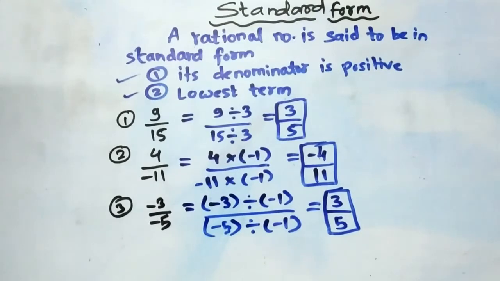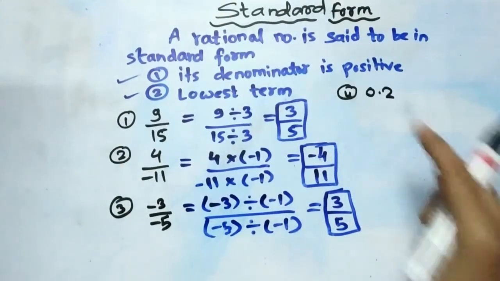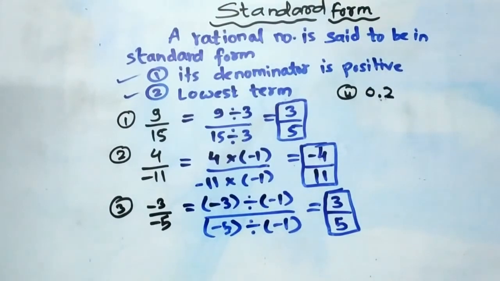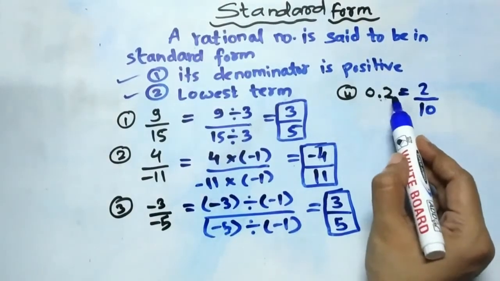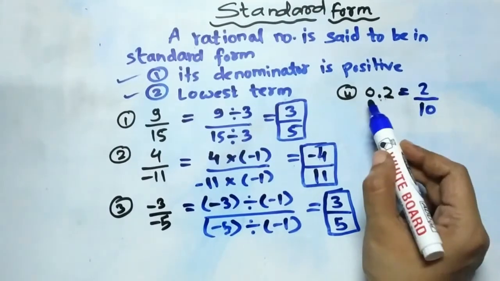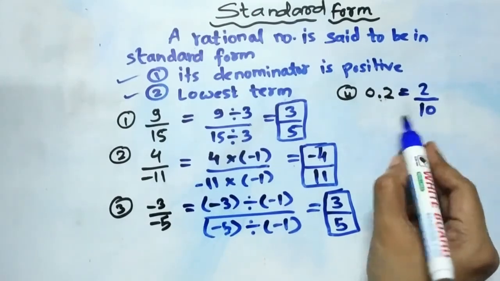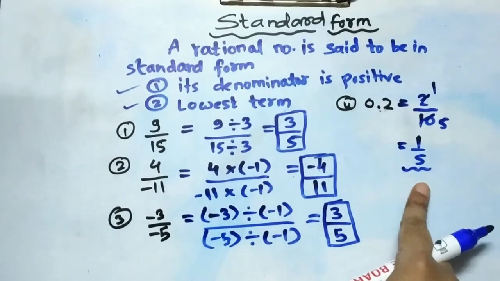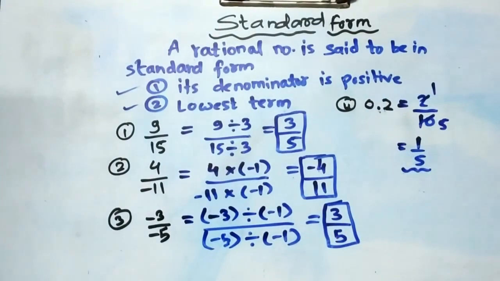Suppose you are having one more example, the fourth example, 0.2. So friends, this 0.2 is in the decimal form. First of all, I need to write it in the fraction form. In the fraction form, I can represent it as 2 by 10. 0.2 is nothing but, in decimal form, I can write in the fraction form 2 by 10. This 2 by 10 is not a standard form of a rational number. I'll divide it. 2 1s are 2, 2 5s are 10. So here this 1 by 5 is a standard form of this 0.2. Hope you have understood it. Thank you.